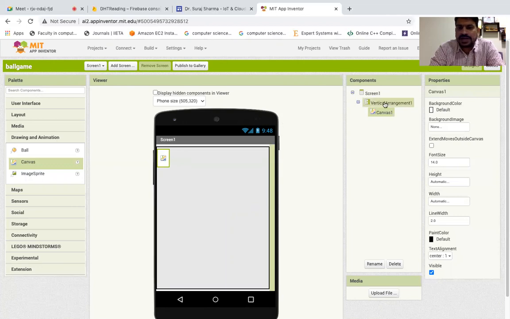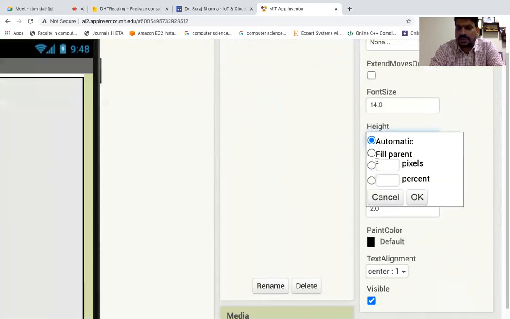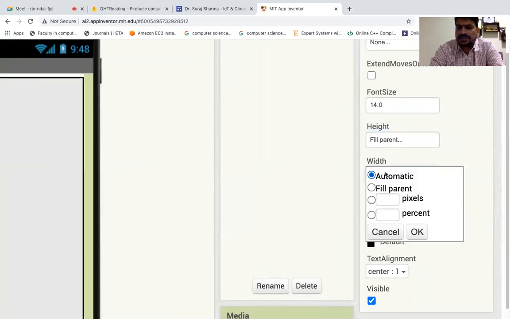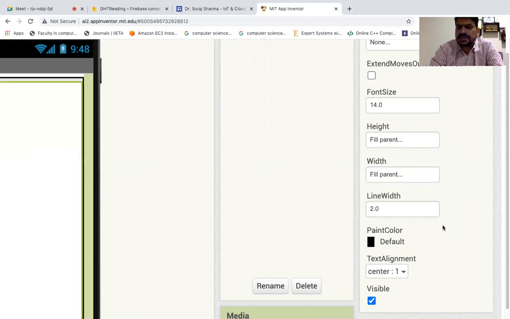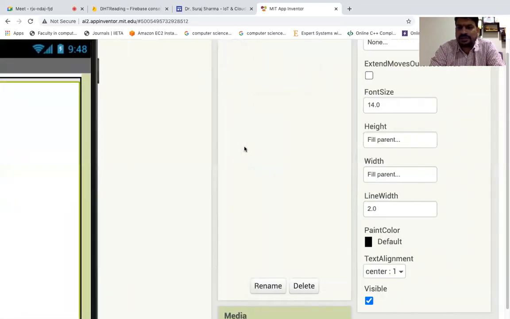Now what I have done is I have put a vertical arrangement component, then I have put a component called canvas. Once you click the canvas, you can increase the size of the canvas by setting this property to fill parent in height as well as width. So the whole canvas will be filled up.